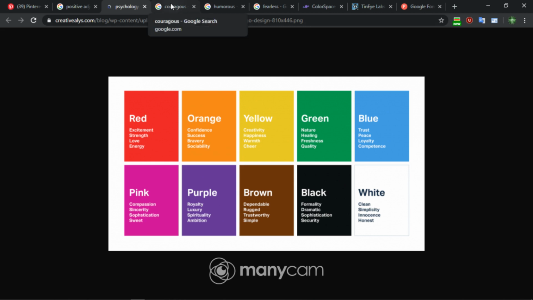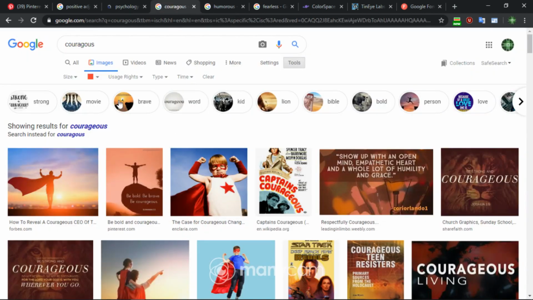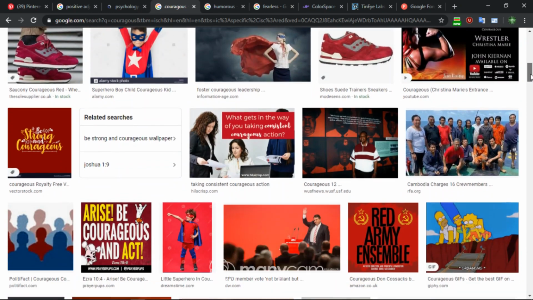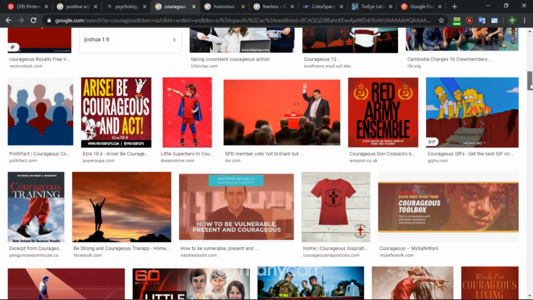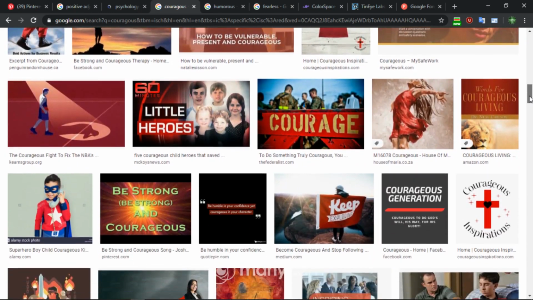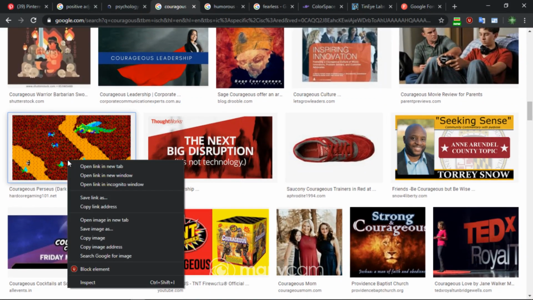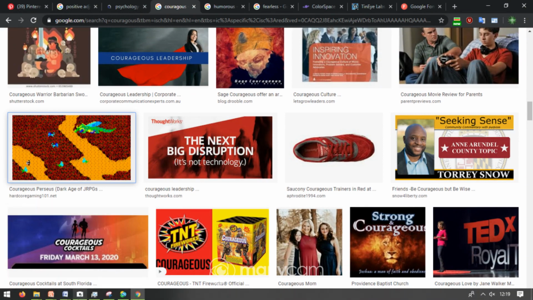Now we're going to get some images. So go to Google Images and search one of the words that you've chosen. If you click on Tools, you can narrow your search by colour. So choose your colour, and then we're going to pick 2 images that you like from the choice here. Now I'm going to go with this one. That looks cool. I'm just going to copy that